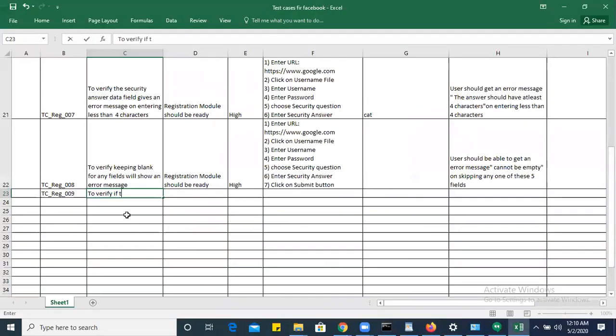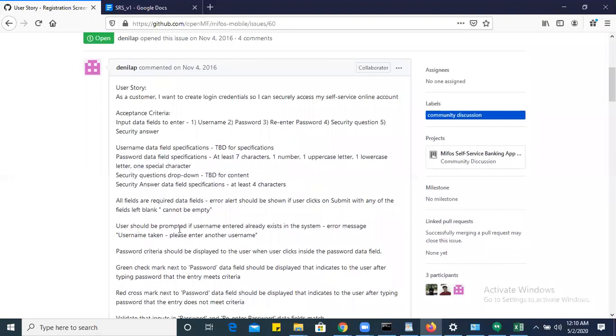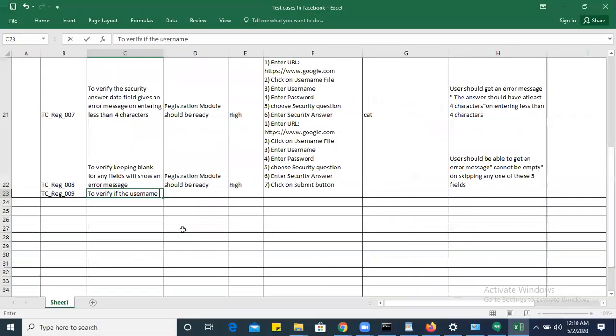Verify if the username, what they said: user should be prompted if the username entered already exists. Okay, please enter another username. Fine.